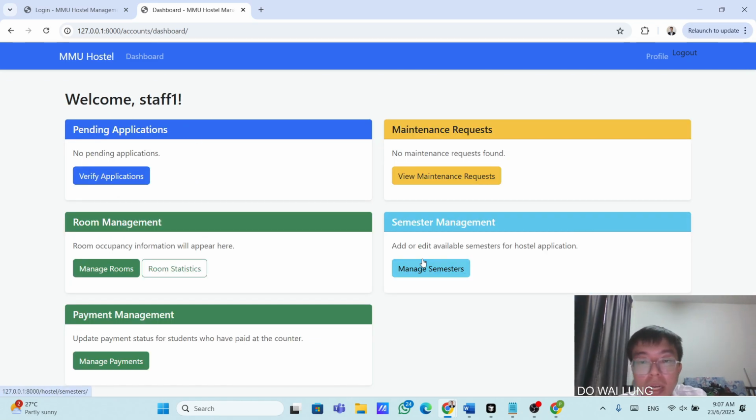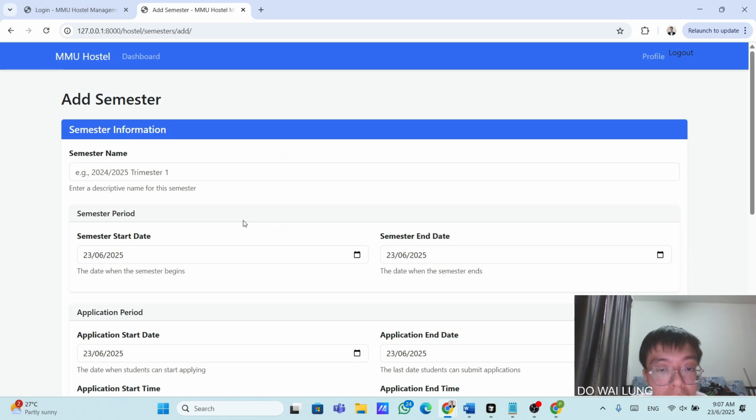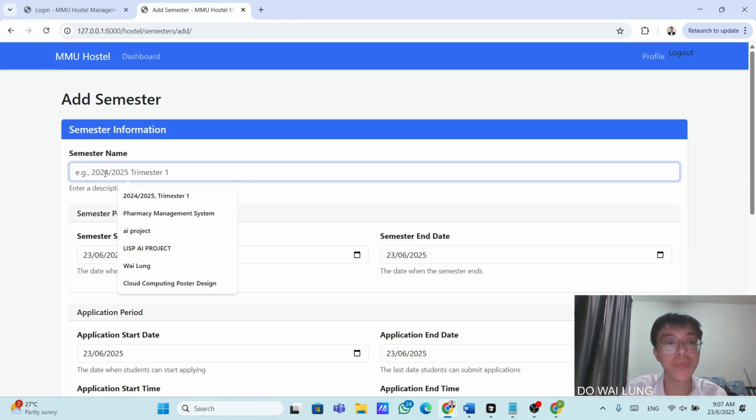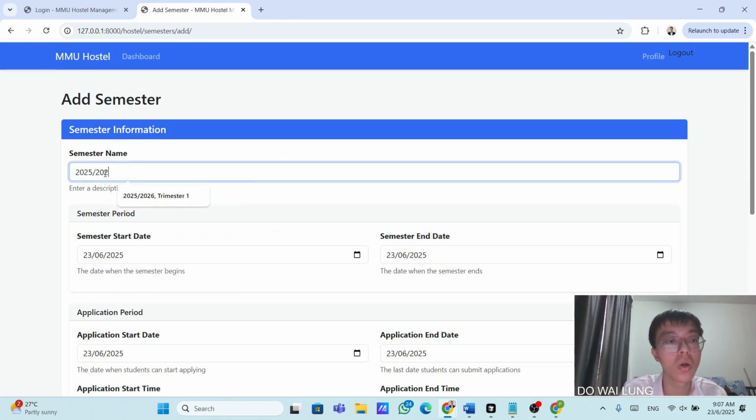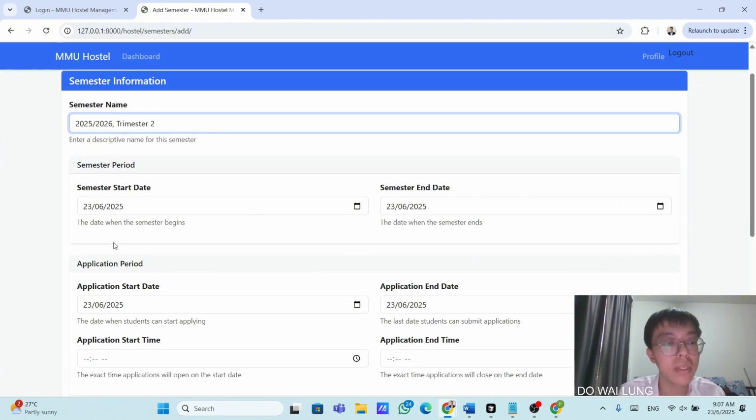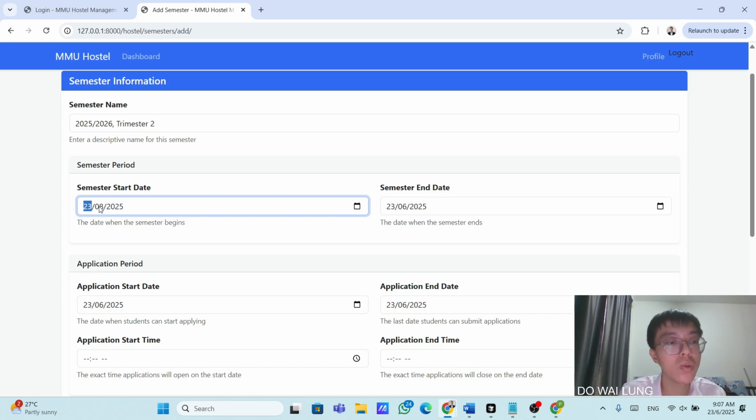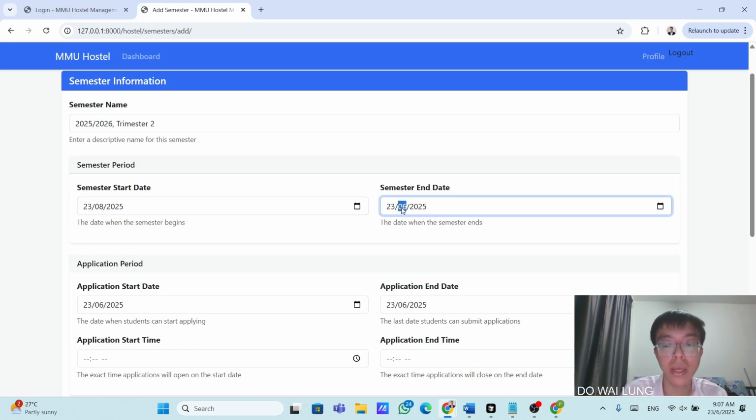Now I need to create a semester under managed semesters. I will click add new semester and enter the semester name, Trimester 2, and the semester start date is August 23rd